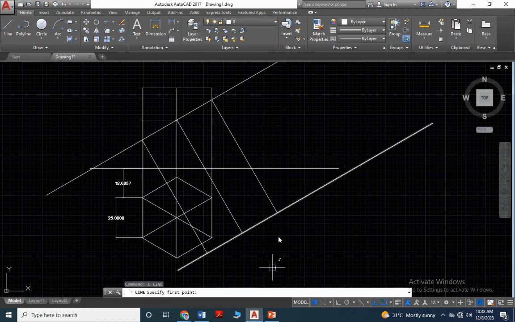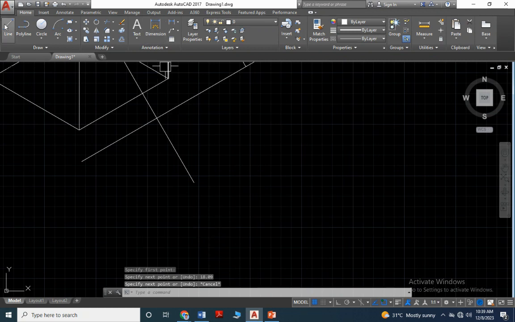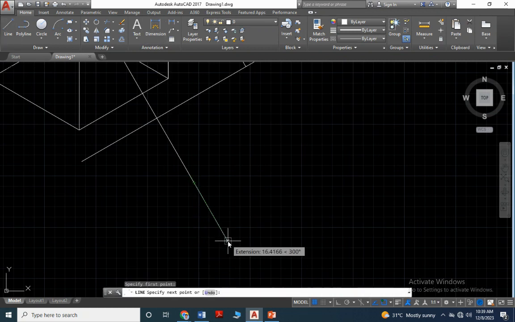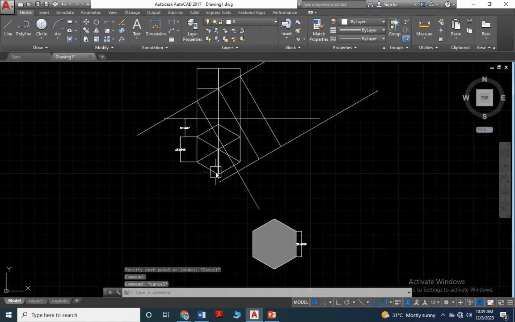Okay, now I would like to draw the line from this point to this point, 18.09. Okay, and similarly draw a line from 25 and change the color of this line for easy visibility, and